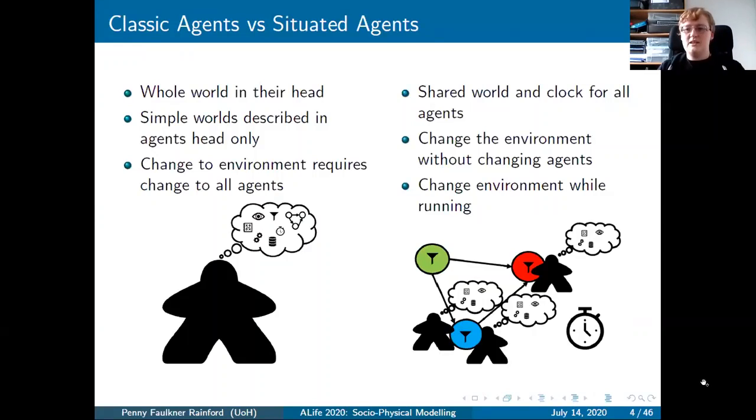So what have we done that's in any way different? Most classic agents, you've got the world inside their heads, and we've decided that we wanted to take more out and give them a quite rich environment. So we're modeling that as a dynamic graph. And one of the big parts about this, though, is we've not just put them on a graph and situated them. The graph itself actually takes over some control from the agent. So we've separated out